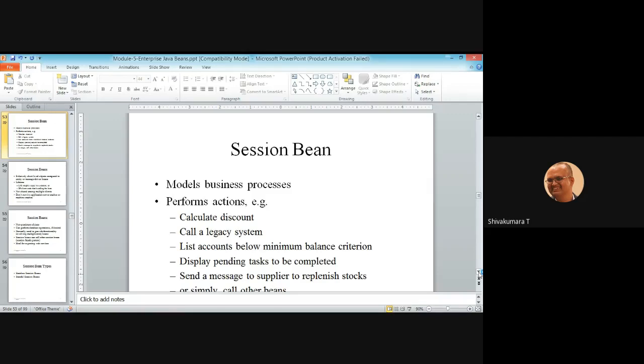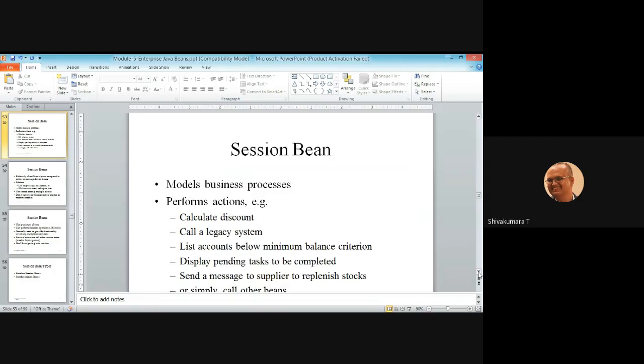For example, the processes are calculating discount, as I discussed, or calling a legacy system, meaning an old system. Suppose a new application is deployed, and you want to migrate from a lower-end machine to a higher-end one, and still those legacy systems are needed to fetch or access the legacy system business methods.